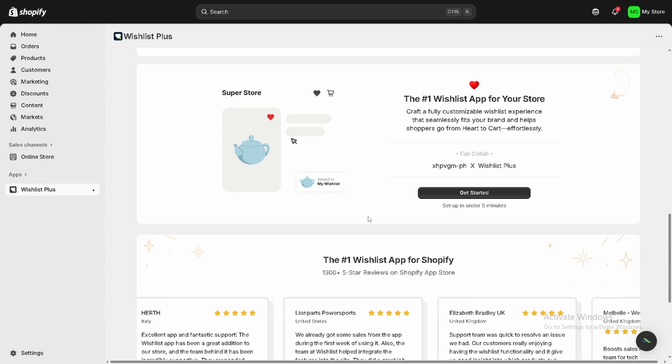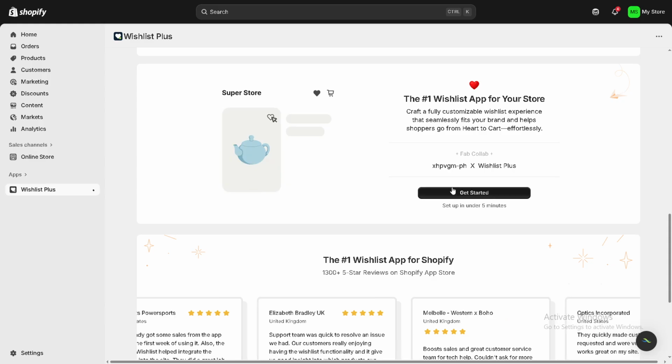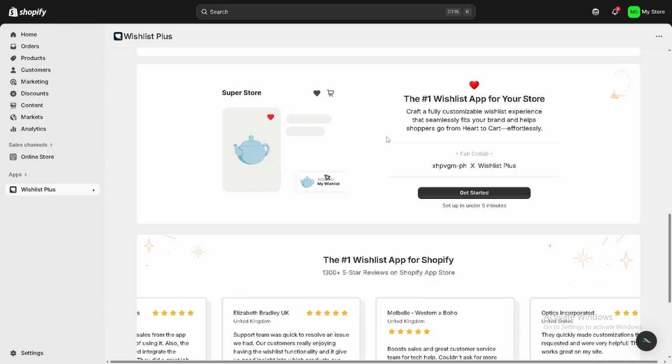The final and most crucial step is to thoroughly test this wish list functionality. How do we do that? Well, it's simple. Just add some products to your wish list and try moving them to the shopping cart. This exercise will help you verify if everything is working in perfect order. That's about it. You've done it. Now get ready to reap the benefits of